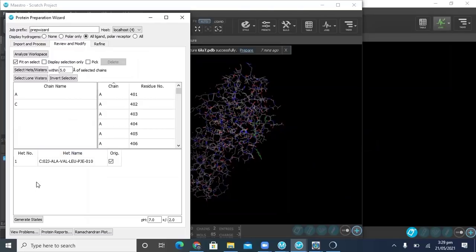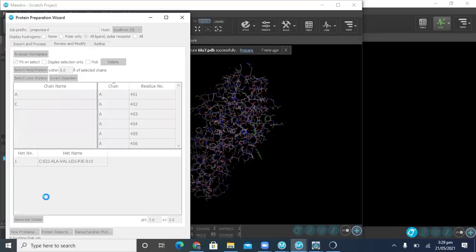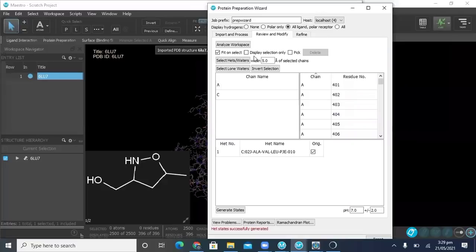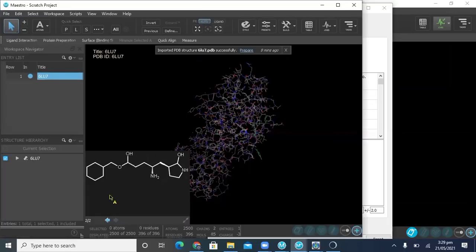and after that we will click on generate states. It will generate the different states of the ligand. These are the states that have been produced. This is the first state, and this is the second state. So I consider the second state the best because here is the NH2 group, hydroxyl group, oxygen, and the complete bonding pattern is present. So we will choose this state and do MD simulation using this state of the ligand compound.